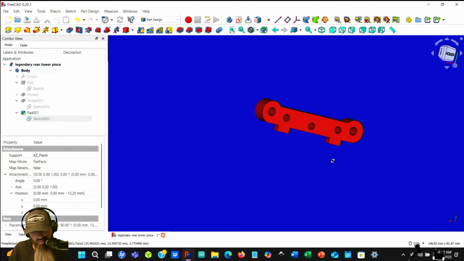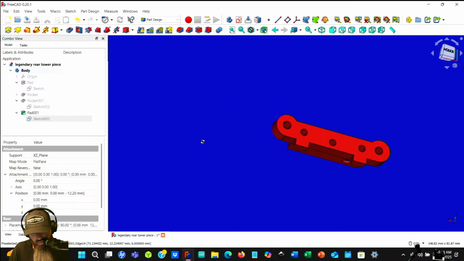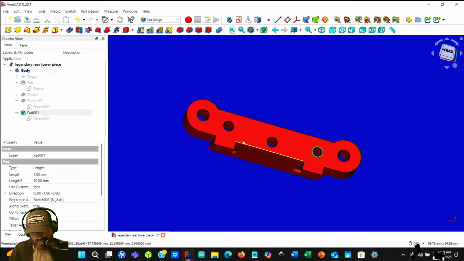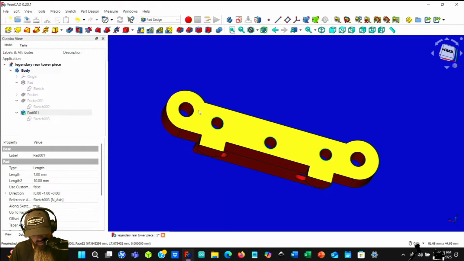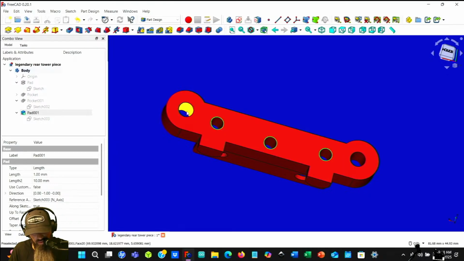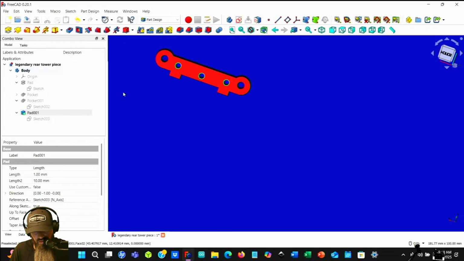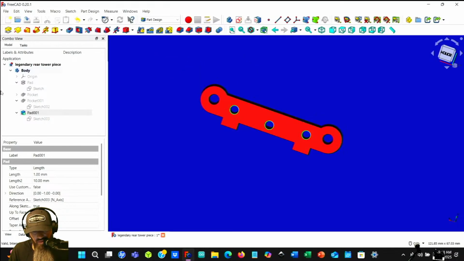Okay, so now what we could do is chamfer the end off here. I know these screw holes need to be chamfered, so maybe we should just do that. Hold control, click these. Are these ones too? No, those ones are not, because the pin goes into there. Actually, we do need to add some caps for these so that the pin doesn't slide out of that hole. But let's not chamfer those yet.